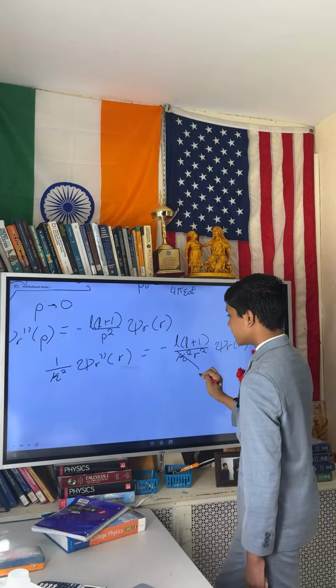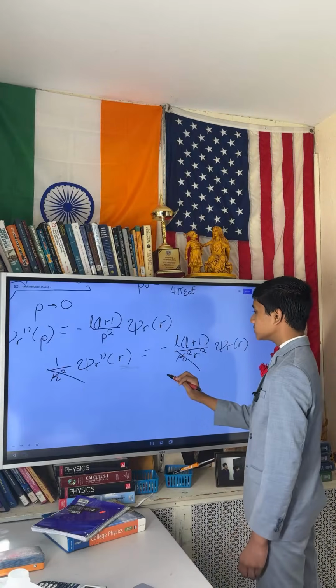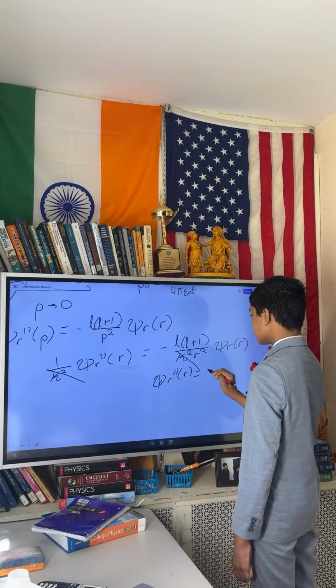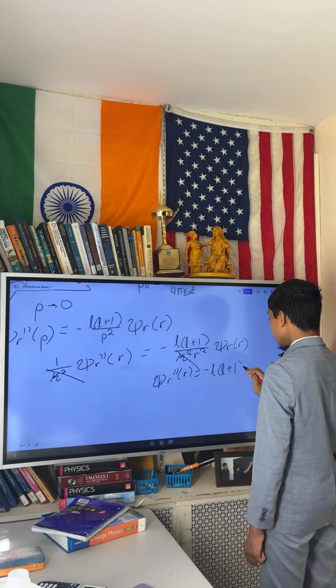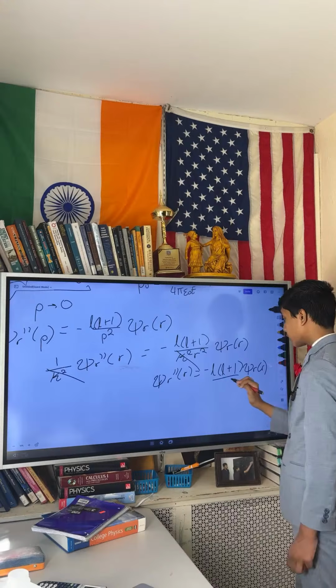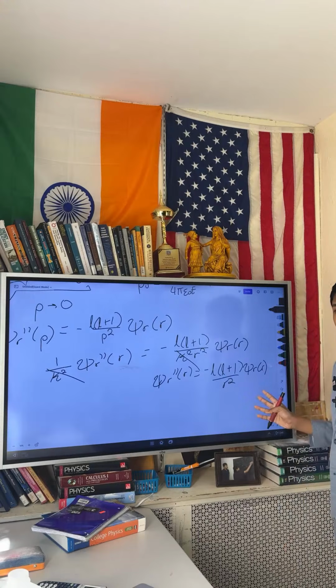So there we go. We can cancel out these guys, and it tells us that psi r double prime of r is equal to minus L times L plus 1 over r squared psi r of r. Now we make the standard power rule guess,